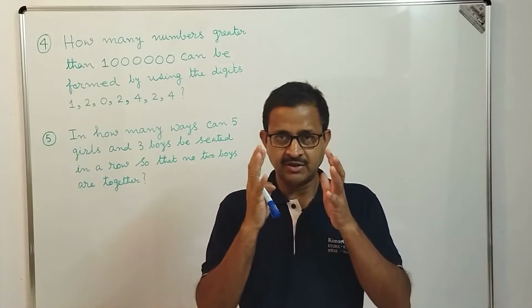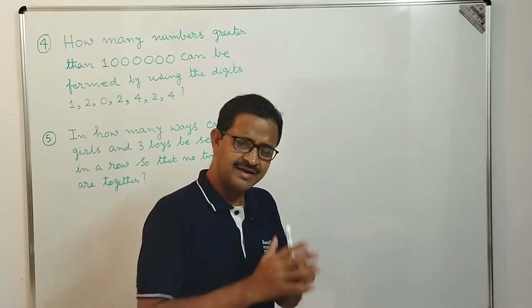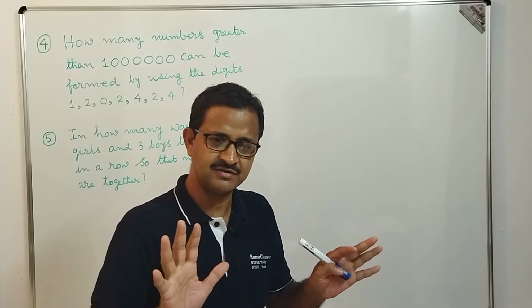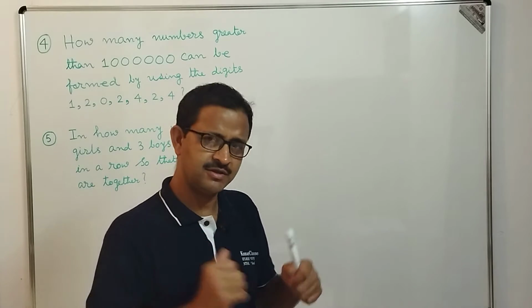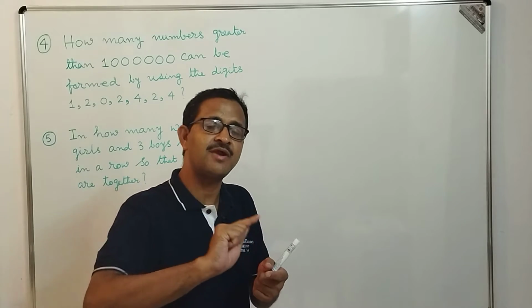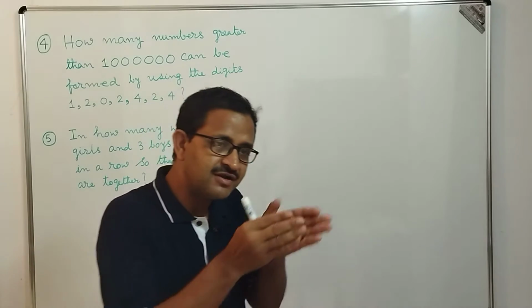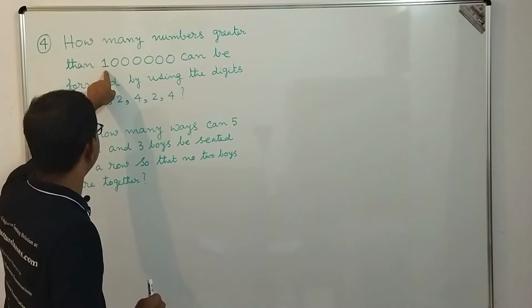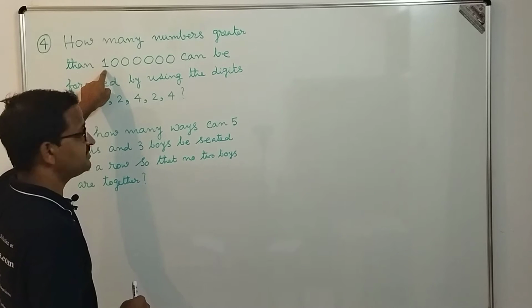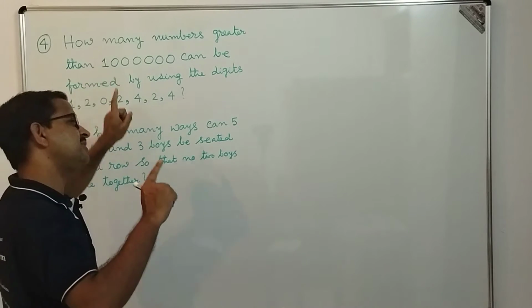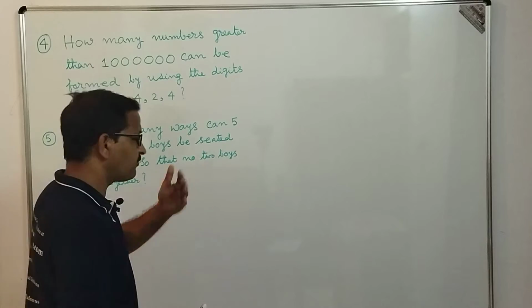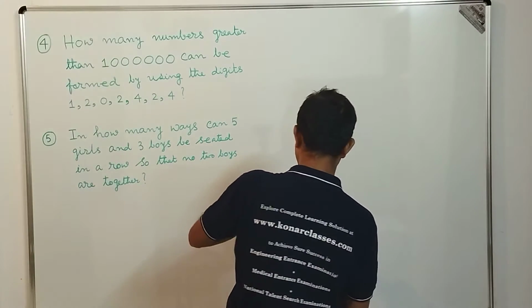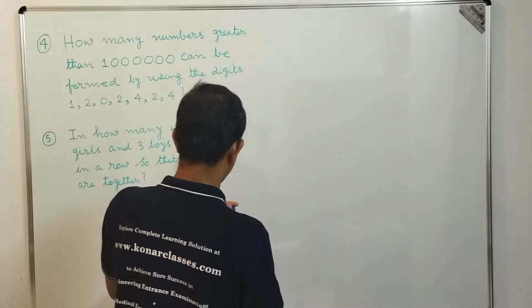So one way to approach this question is to arrange all these 7 digits as given, not all distinct, in how many ways. Then from there we will subtract those numbers which start with 0, correct? Because the number has to be greater than this, a starting digit 0 should not be allowed. The starting digit is possible with 1 or 2 or 4. It cannot be 0.